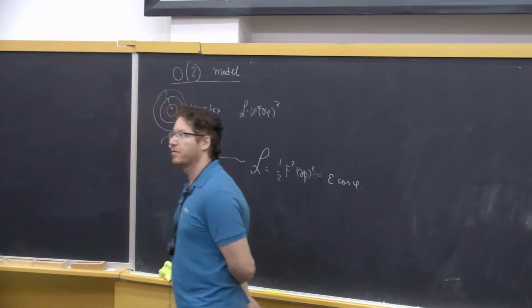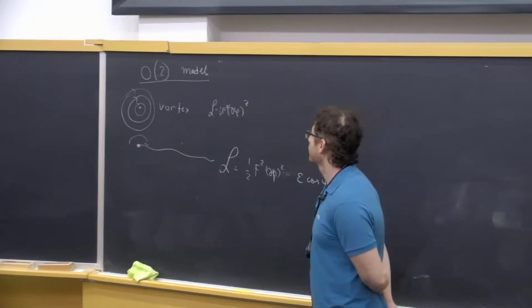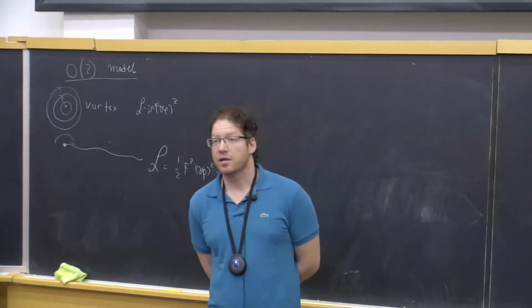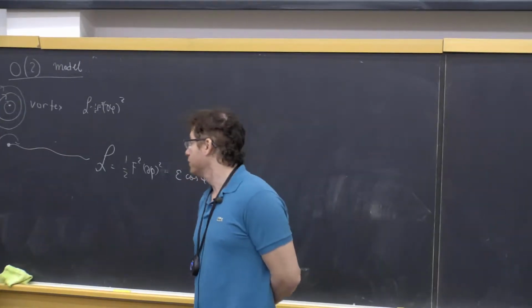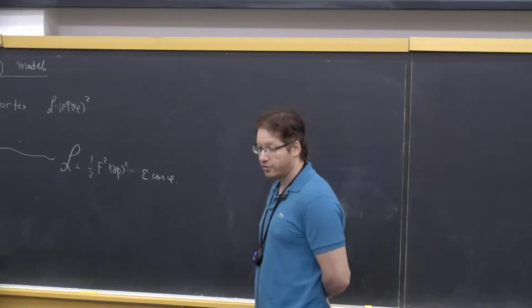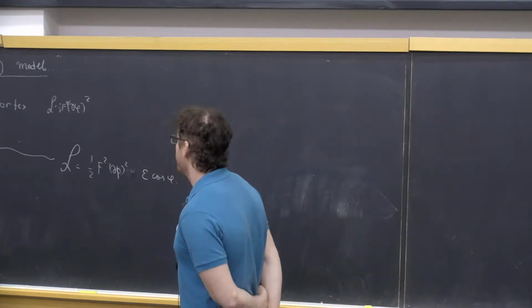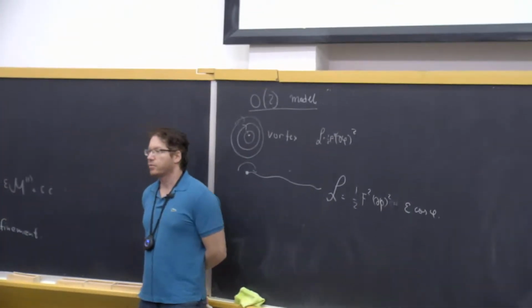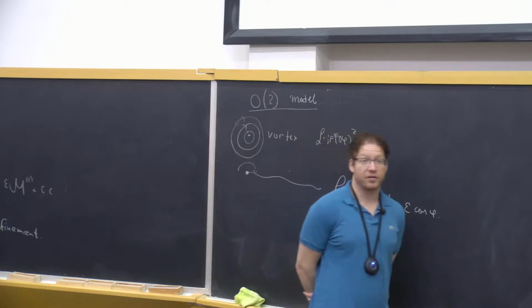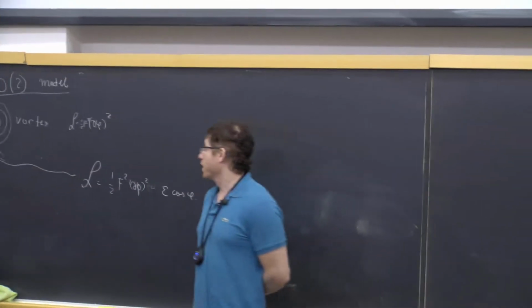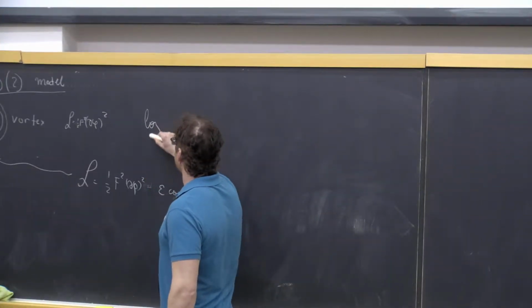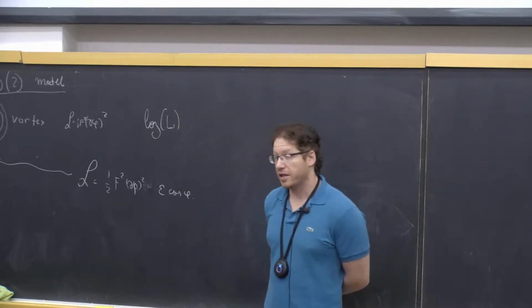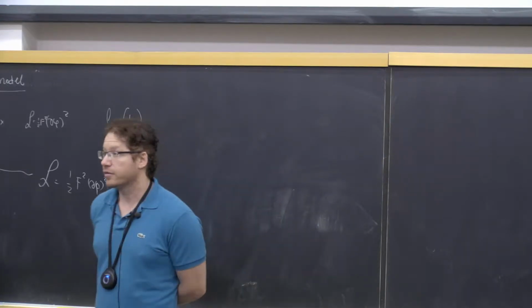So yesterday, we started by discussing the O(2) model. In the O(2) model, we discussed mostly the broken phase, in which there is a Goldstone particle, called the superfluid phase. We discussed two aspects of that phase. One aspect was the existence of these vortices. And we argued that these vortices are in fact not real particles because their energy diverges like the logarithm of the size of the box. So they can never be created in an infinite volume limit. They are not actual particles.